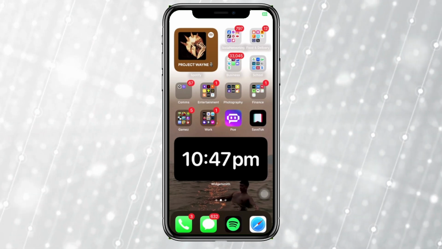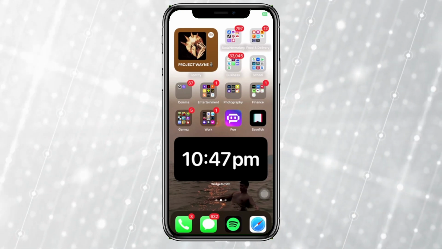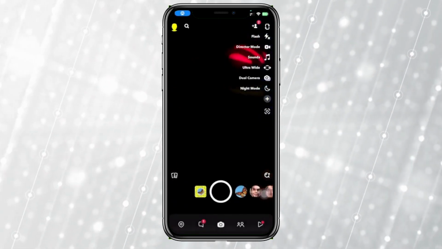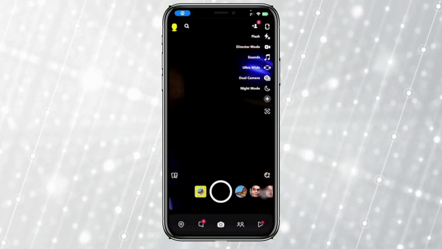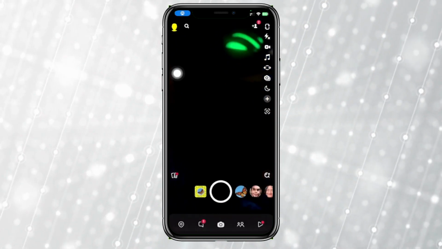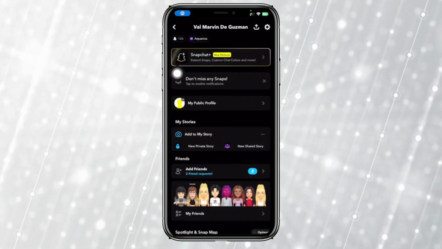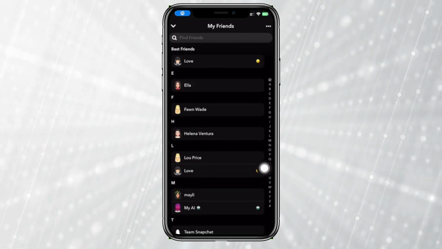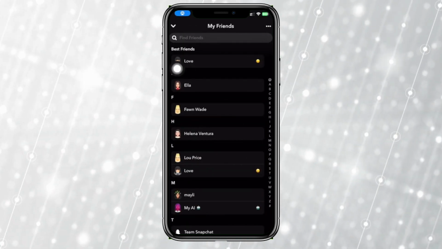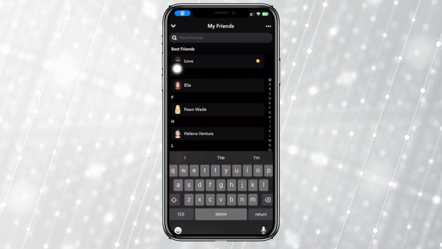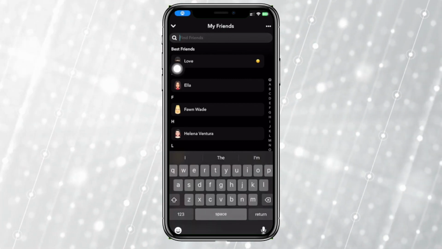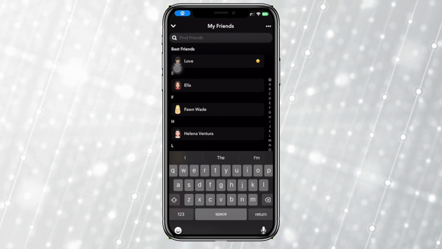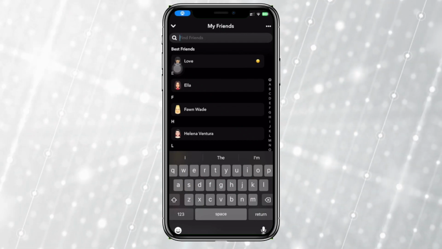Alright guys, so what we need to do first is to go ahead and proceed with launching the Snapchat application. What I want you to do from here is to tap on your profile on the upper left corner of the screen. And let's tap on or scroll down to where it says My Friends. Now, once we're here, I want you to go ahead and tap on the search bar over here and search for the specific display name or username of the person that you suspect has deleted or has removed their Snapchat